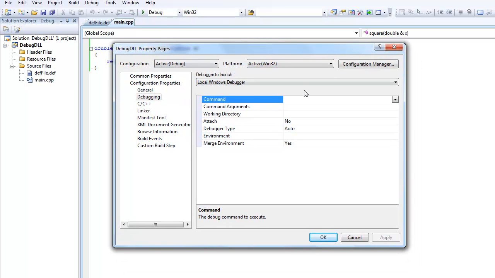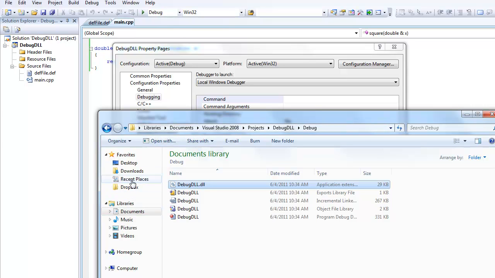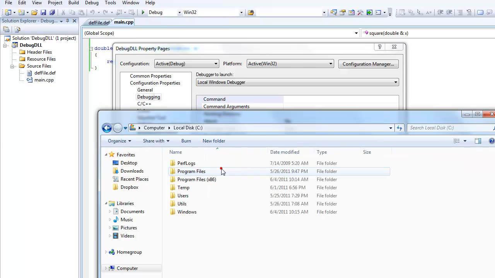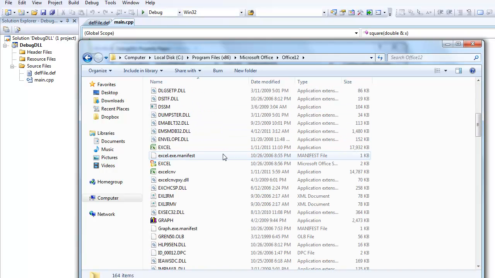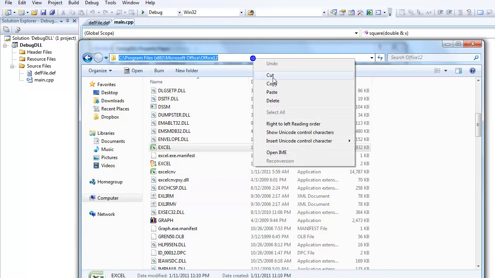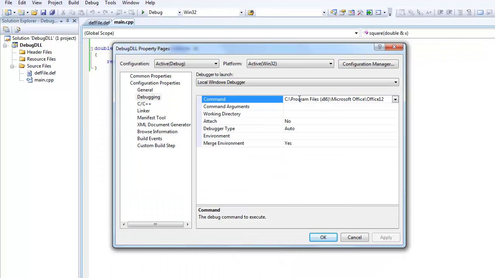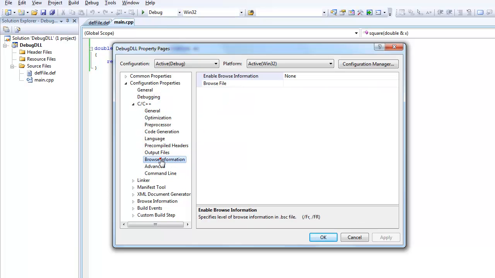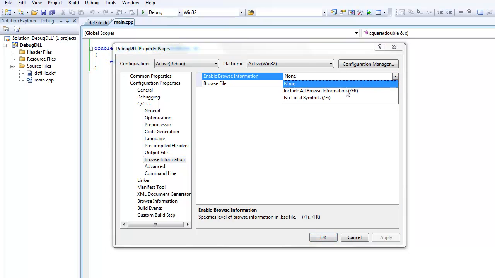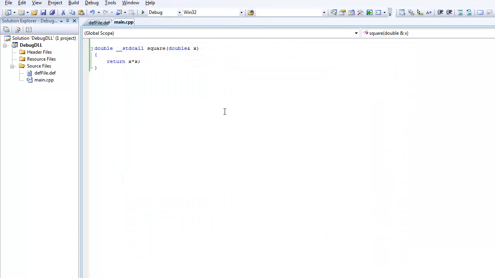Okay, so let me show you. Firstly go to Program Files, computer, Program Files, it's over here, Microsoft Office. Okay, and here we can see that this is the really core Excel exe file. Okay, click apply, and there is one more thing we have to do. I'm not sure where it is right now, but I think it's over here. Click C or C++ and Browse Information, and select include all browse information. Click apply. OK, and